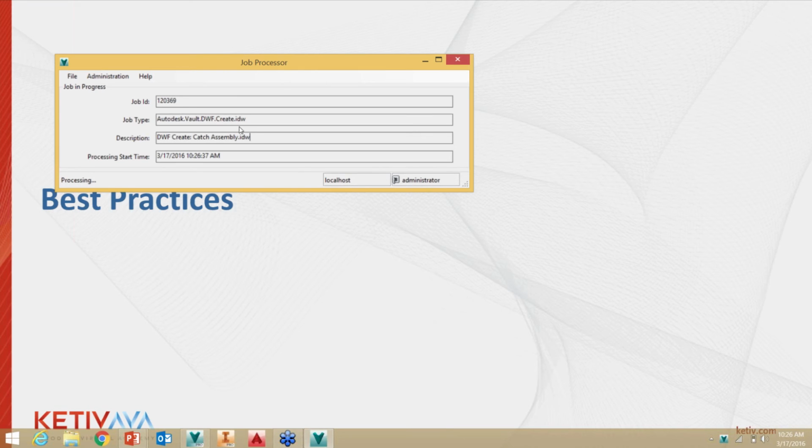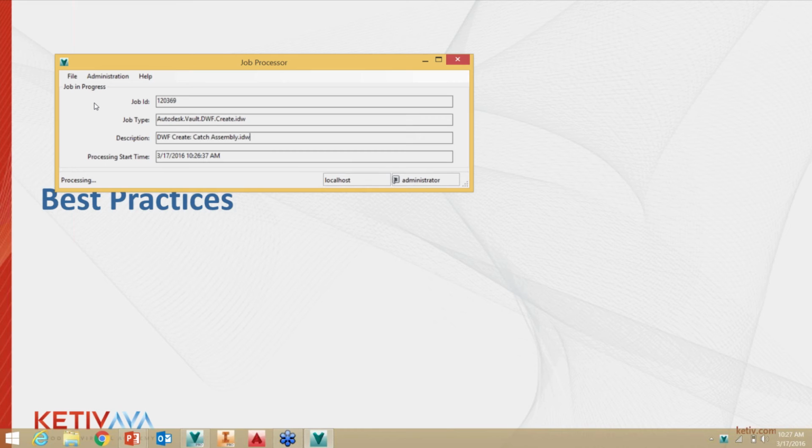Okay, now the user we log in as should have permission to edit release files, because we are going to be updating properties for release files, and typically we would create a specific job processor user, but you could probably also use administrator for this action. Okay,